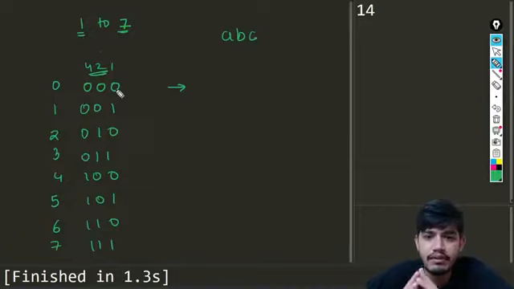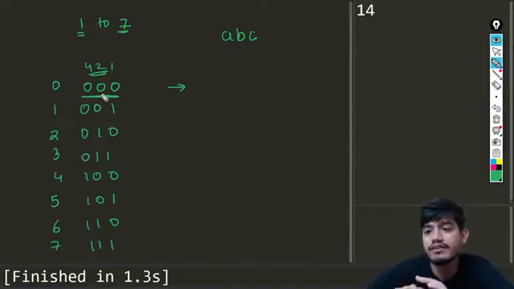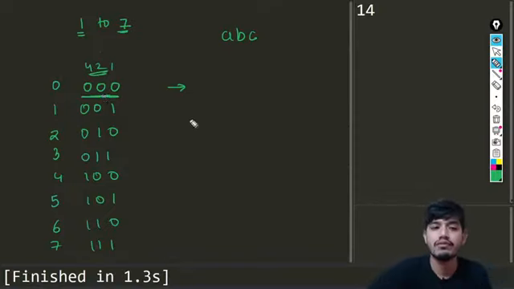The thing is very simple. What we are going to be doing is checking. We have already seen how we can check if the kth bit is set or not, in the last lecture. So we are going to check whichever bit is set, and that is what we are going to print. You can see in this case nothing is set, so we'll just have the empty string.